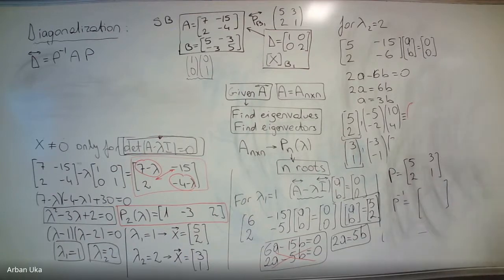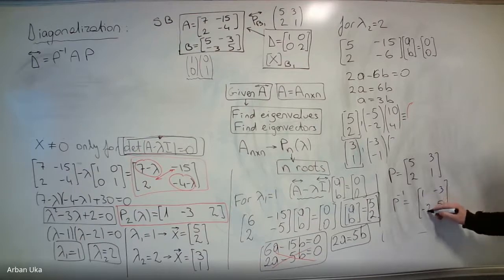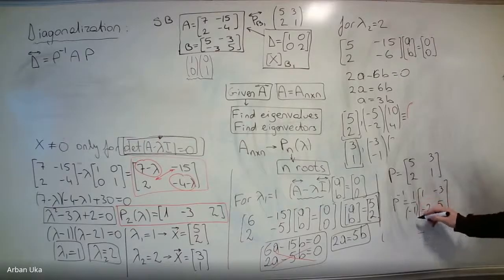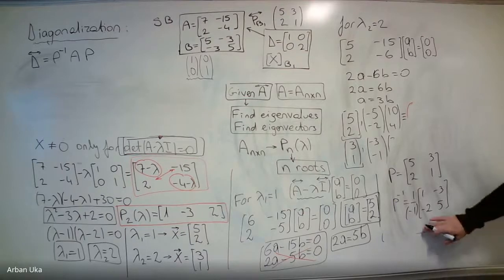What is P inverse? Minus 1. We exchange 1 and 5. This is minus 3, minus 2. Okay. What is the determinant of P? Minus 1. So 1 divided by minus 1, because for any matrix A, B, C, D, the inverse